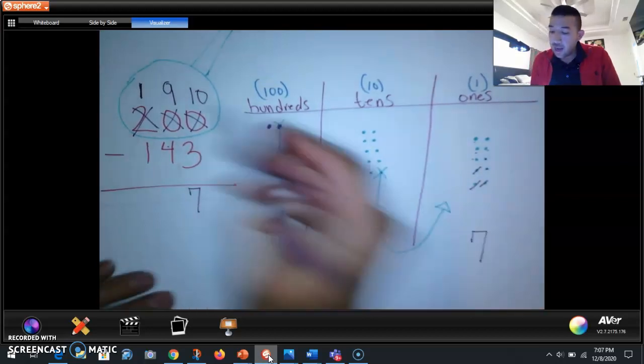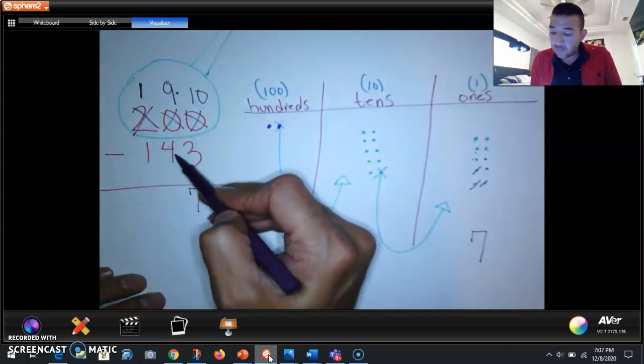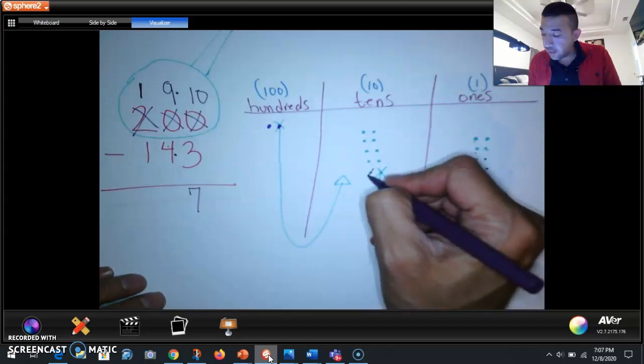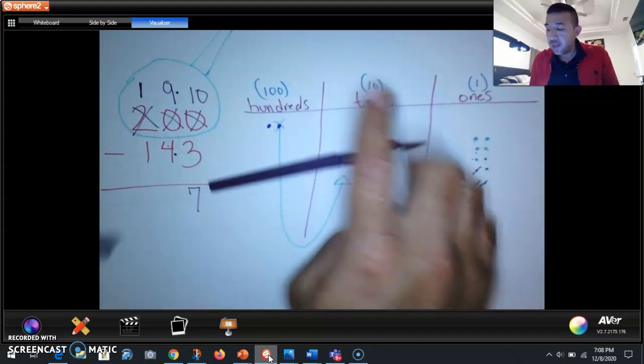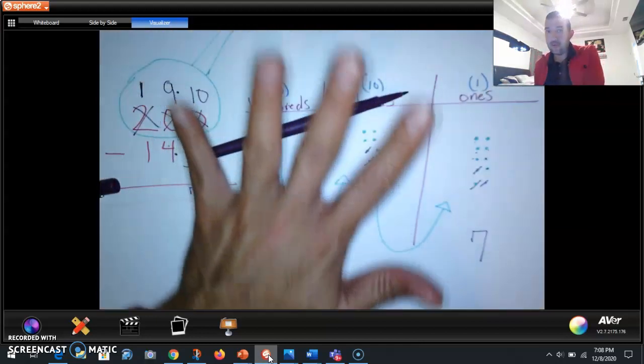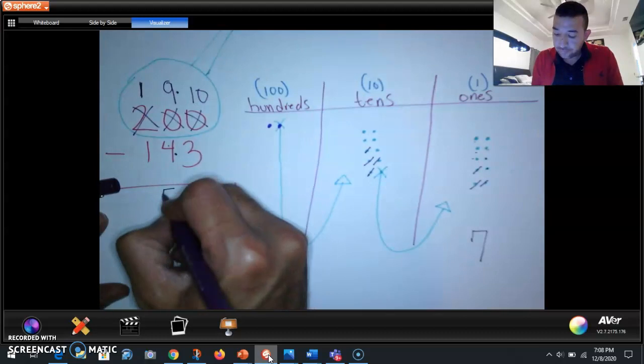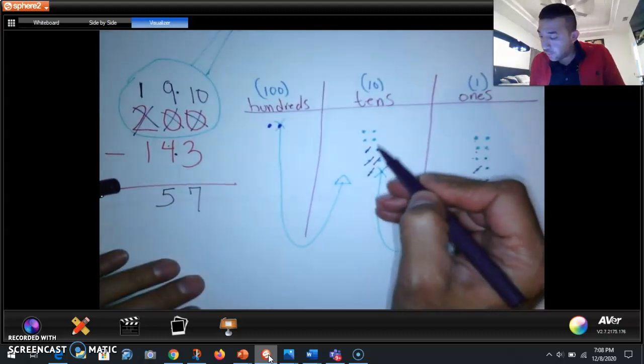Correct. Now 9, I'm going to be subtracting 4. Right? So cross out, or slash out, 4. 1, 2, 3, 4. What's 9 minus 4? I have 9. I take away 4. We have 5. And if we count the little circles, we have 1, 2, 3, 4,